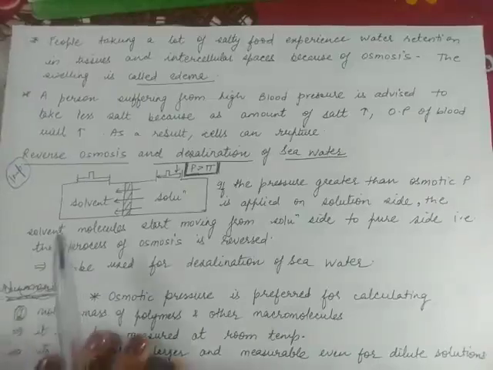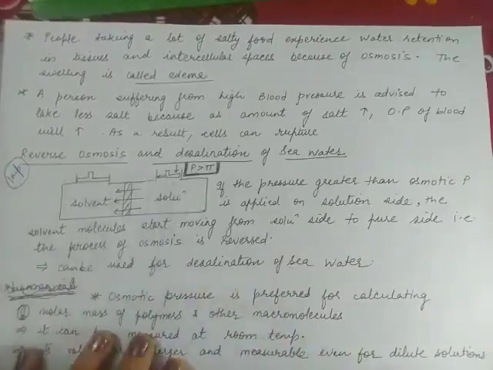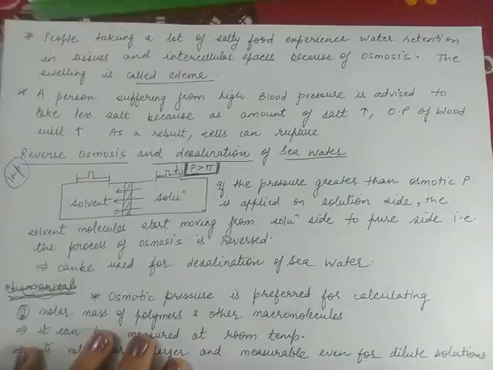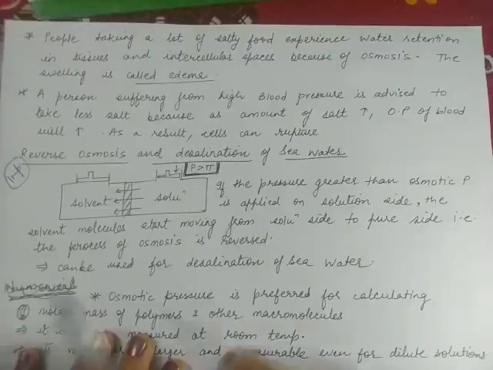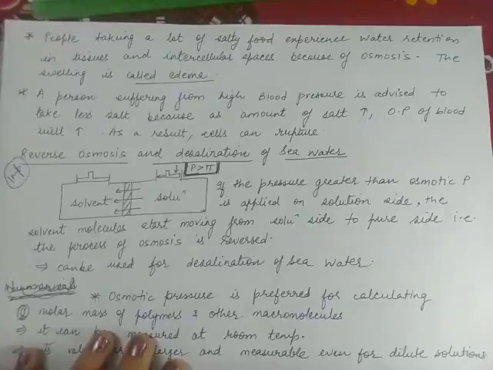Now listen carefully. Again, I have a solvent and a solution, both separated by a semi-permeable membrane. Two pistons are there. I am applying pressure here. What is the magnitude of the pressure? The pressure should be such that osmosis is stopped. That pressure is known as osmotic pressure. So what is osmotic pressure? You apply only that much pressure that the piston neither moves up nor moves down, that is, osmosis is stopped.